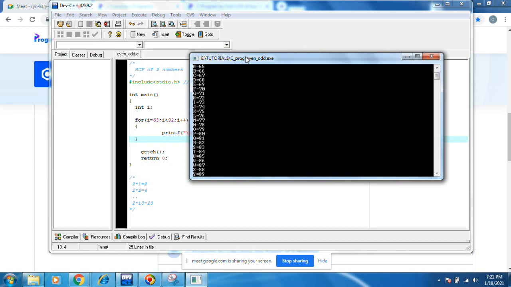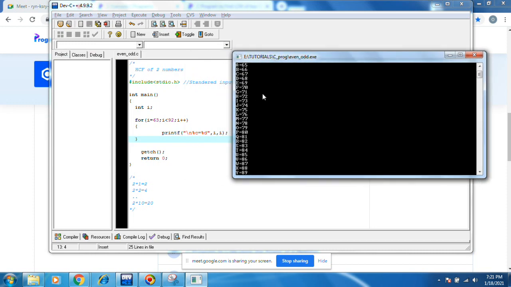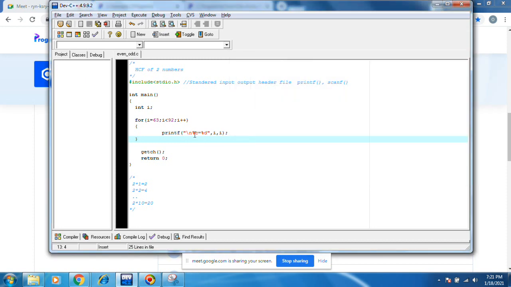You see something like this. Capital A equals 65. ASCII value of A is equal to 65. You can print like this instead of like that.